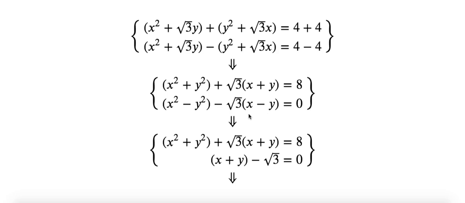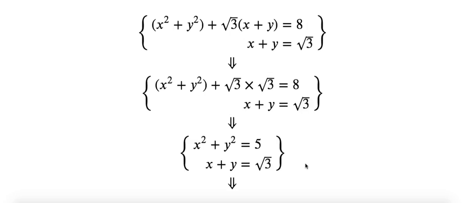Let's divide x minus y on both sides and apply the identity for the difference of squares to this term to get the sum of x and y and the sum of squares of x and y by substitution. To get the product of x and y for this equation,